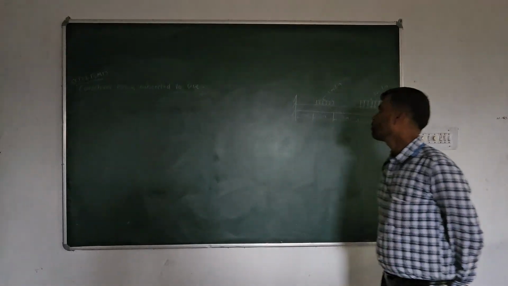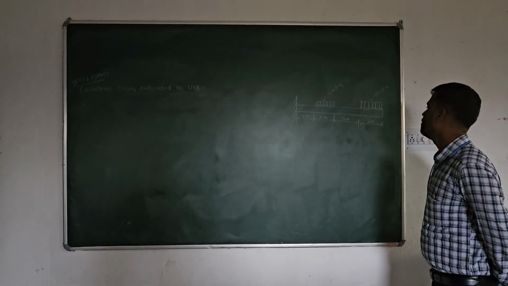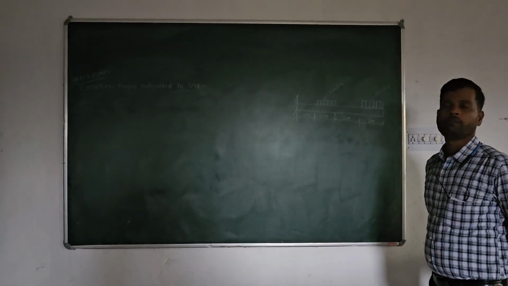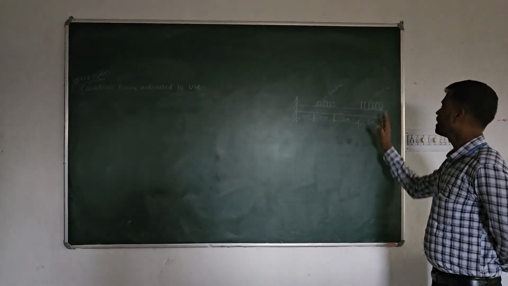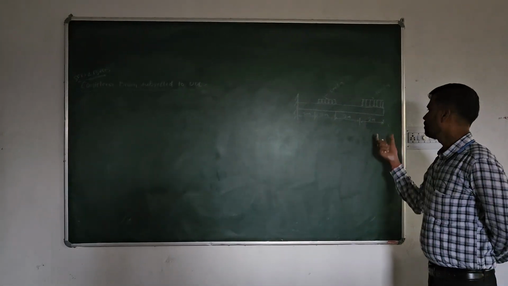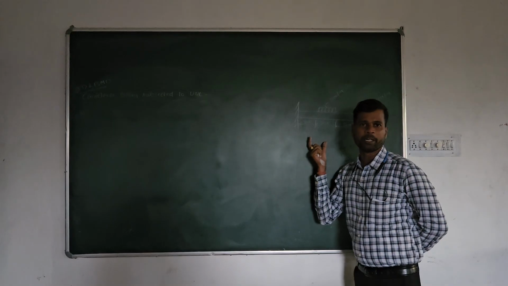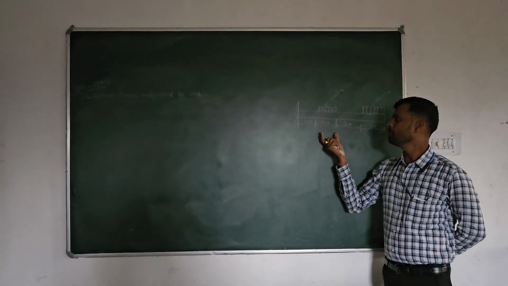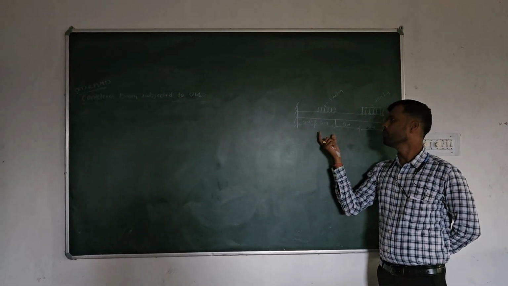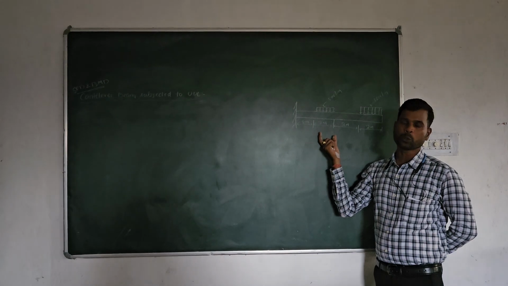So here I had drawn a beam. It is having two uniformly distributed loads. The first one is 10 Newton per meter expanding up to 2 meter from this end, and another one is somewhere in the mid of the beam, that is 5 Newton per meter, and it is also extended up to 2 meter.